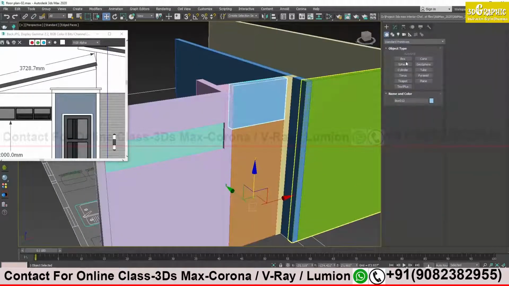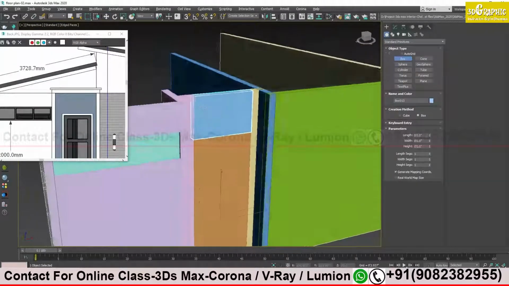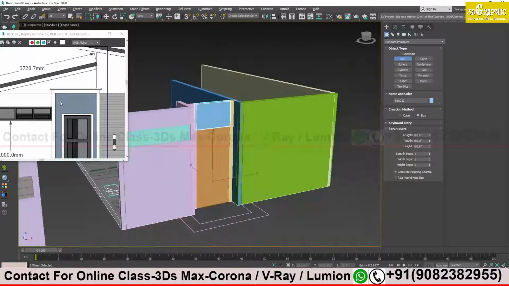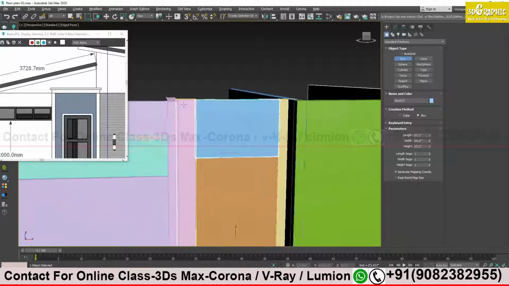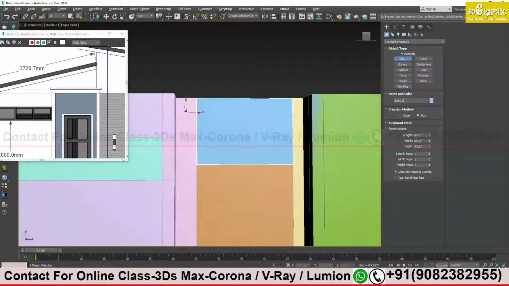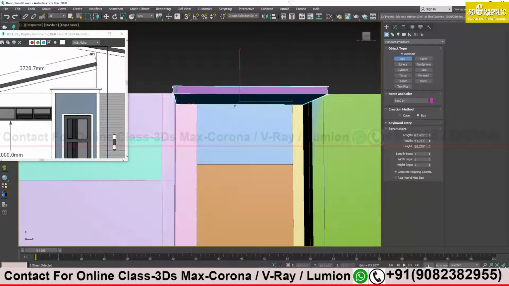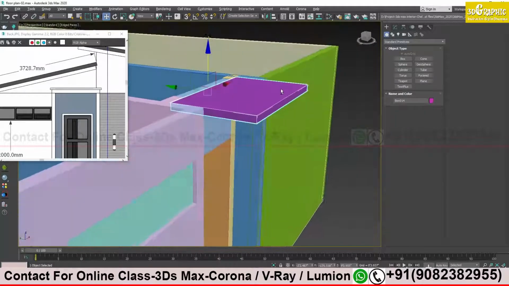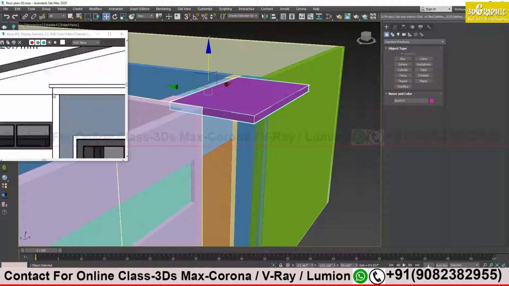I will go plus and create a box, a little bit up from here. I will take auto grid and click on any surface over here. Try to create a box. Give a height. You see, I got this, but it is a little bit up off from the edge.